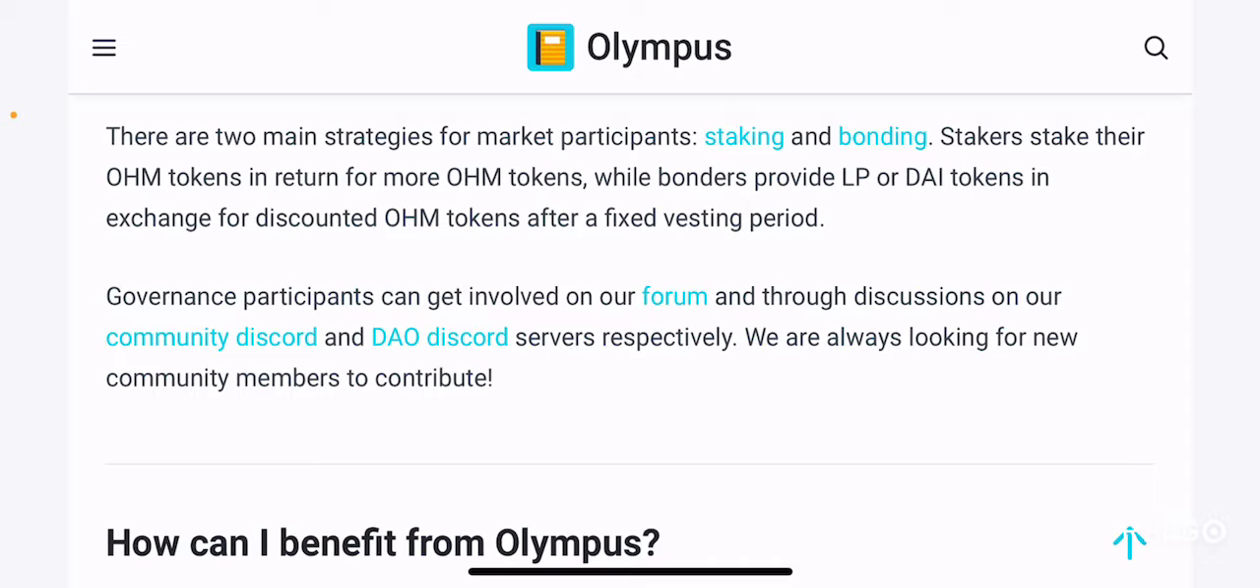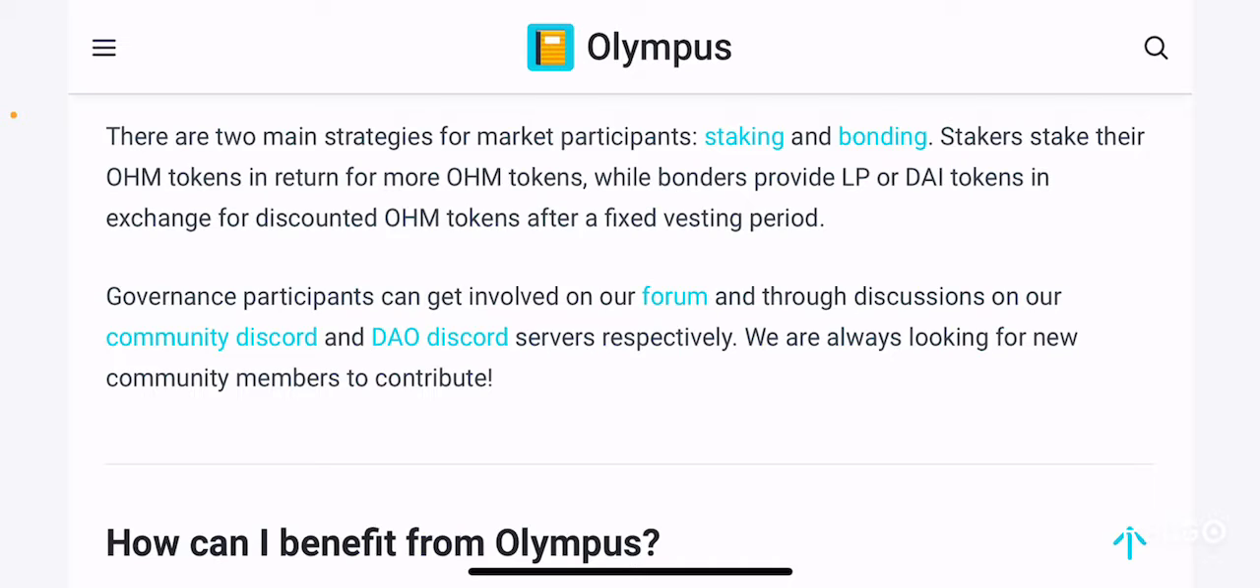Governance participants can get involved in our forum and through discussions on our community Discord and DAO Discord service respectively. We are always looking for new community members to contribute. Again, if you want to participate in governance of this platform, which is the ultimate goal of this project to become a fully decentralized DAO, people who own the OHM tokens will be able to vote on the future of the project, right? So again, that's basically how you ensure that the Olympus platform itself becomes a DAO,